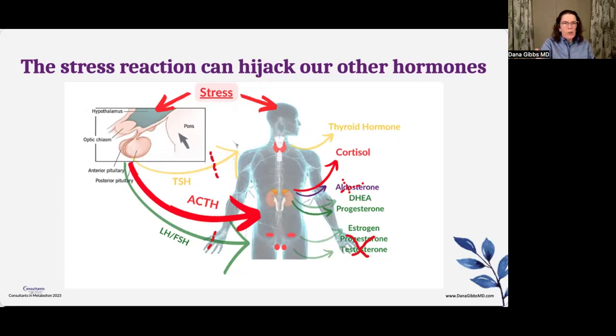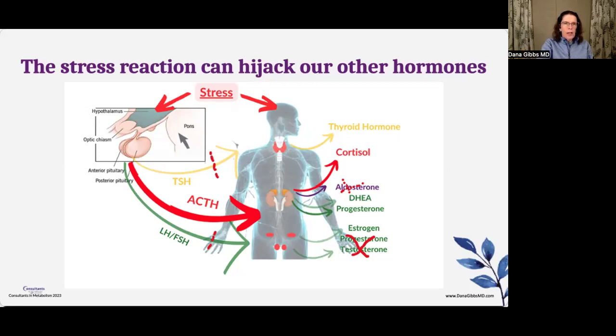Stressful situations can also directly put the brakes on our thyroid gland, and starvation is one that particularly comes to mind. And this is a big reason why calorie restriction as a weight loss strategy does not work, because your body basically thinks you're starving, and so it downregulates your metabolism. And the interesting thing is that these kinds of thyroid changes typically do not show on the standard thyroid test that doctors tend to run.